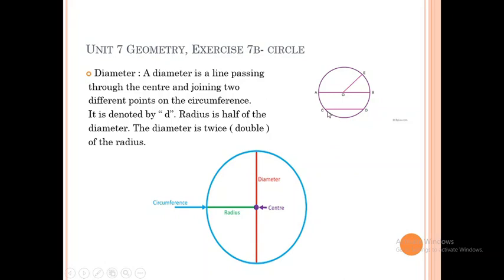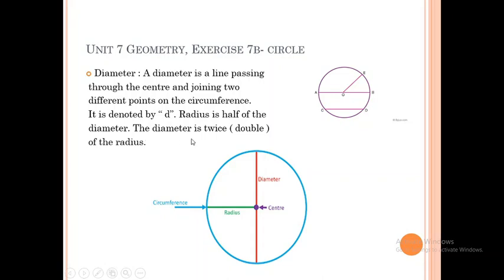See here, this CD is not the diameter, but this AB is the diameter because it is passing through the center. This is the condition for a diameter. Diameter must cross the center of the circle and then join two points on the circumference. That's why this is not the diameter. This AB is the diameter. CD is not the diameter. Here this red line is the diameter,